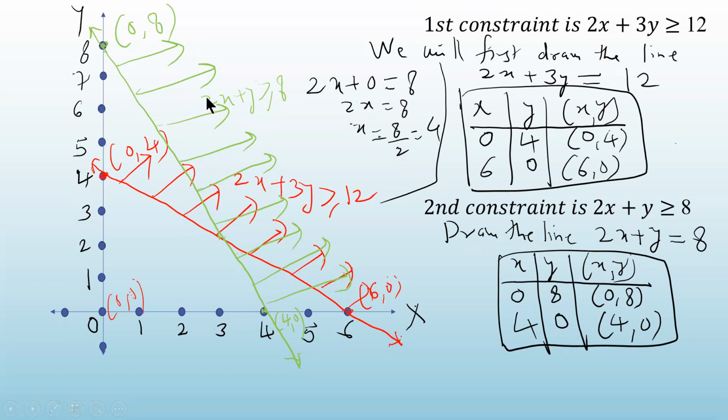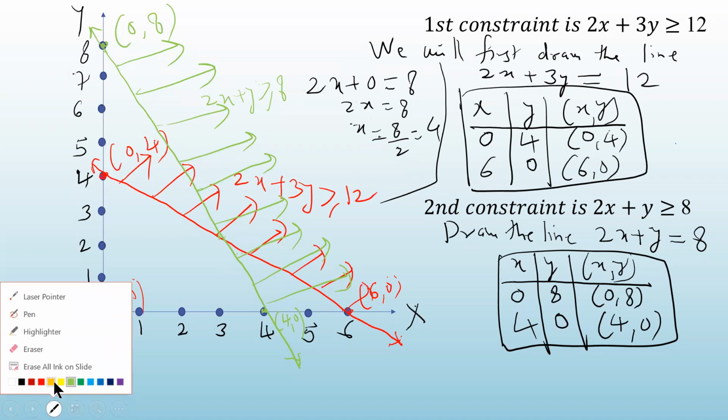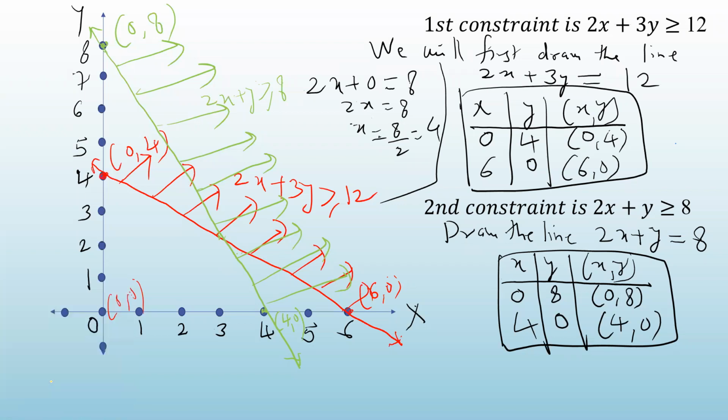Now I want the feasible region. Feasible region meaning what? The region which is common to both. So you have to select the region in which there is green color as well as red color. That is my common region. So what is that common region? I use the orange color to indicate the feasible region. So you can see this red, I cannot take this portion because in this portion there is no green color, only red. But this portion I can take because the red color is there. So from here to here to here and this one.